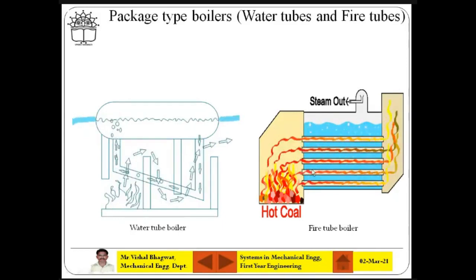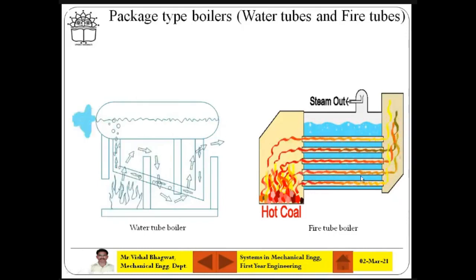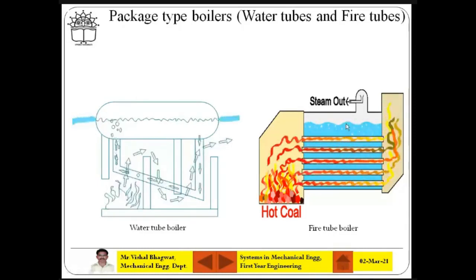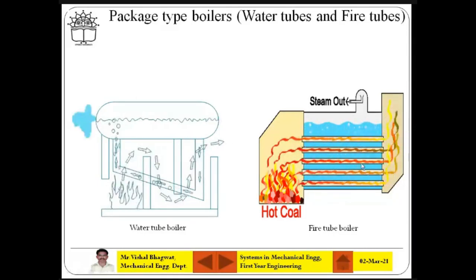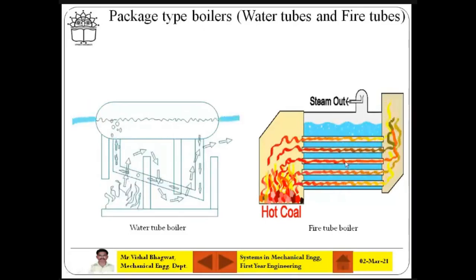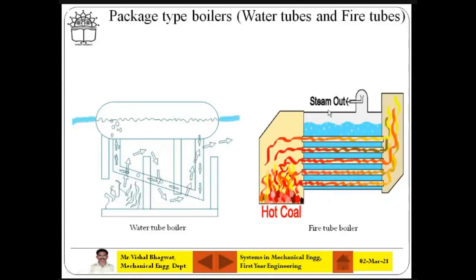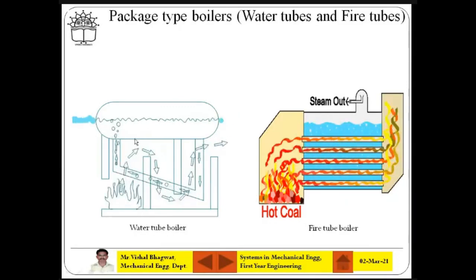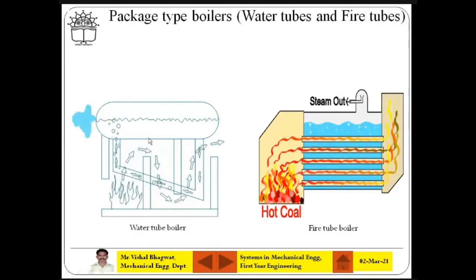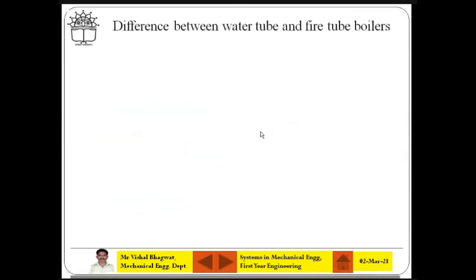In case of the fire tube boiler, there are tubes of fire or smoke, and around them there is water which is available in the tank. So a large amount of water is getting heated with a small number of fire tubes. So it is a low pressure boiler, less than 20 bar. This is the water tube boiler. This one is more than 20 bar. I hope you are getting it.